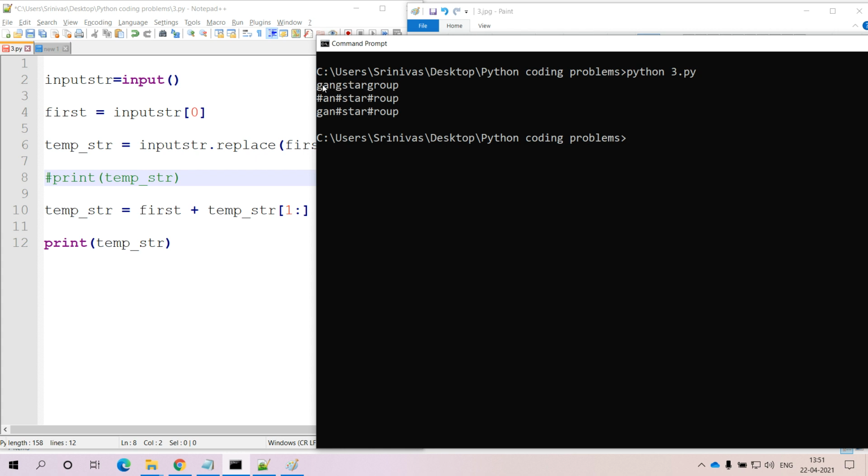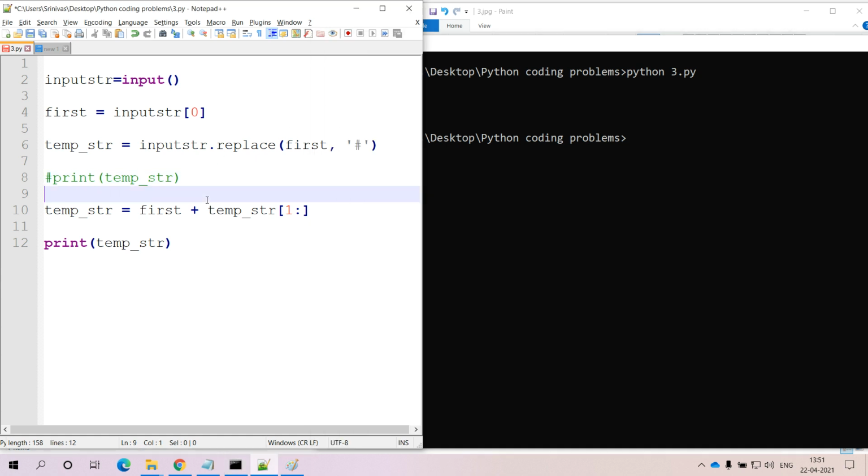G is occurring three times, so in all the three places we are replacing it with hash. But we should not expect this output. We need to maintain the same character in the first occurrence, but apart from that, in all the remaining occurrences we need to replace it with hash. So in order to do it only, we are performing this 10th line operation.